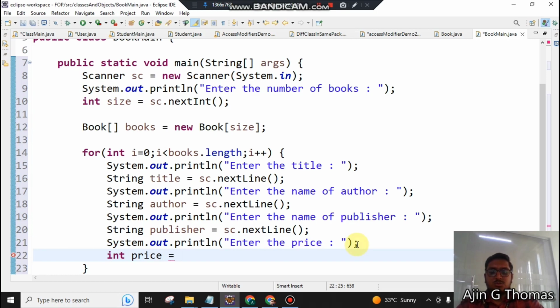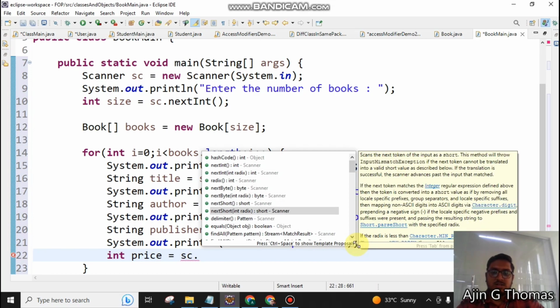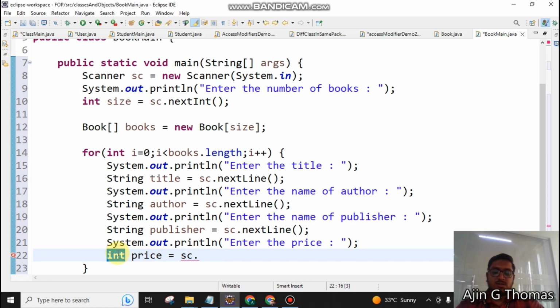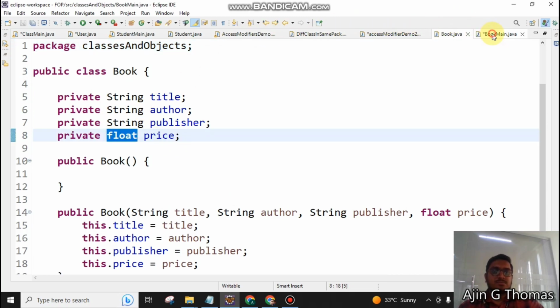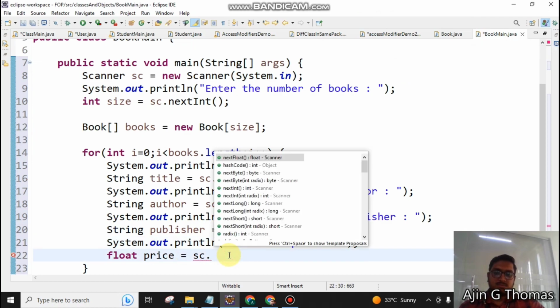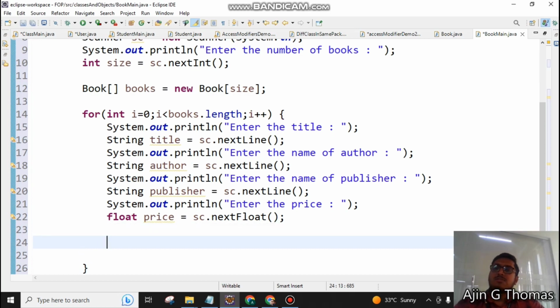Int price equal to ssc dot next. Okay, price is what? Float. Price is actually float, right? We took float inside our Book blueprint class. Price is float, so I have to take float only here. Next float. We took all the required information, right? Then using this information, what do I have to do? Create an object of Book, b equal to